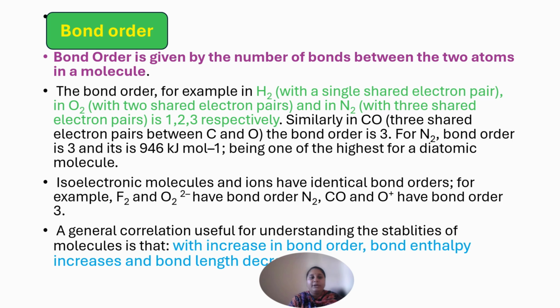So the next is polarity of bonds. When the shared pair of electrons is equally attracted by 2 atoms, why is it a nonpolar covalent bond? Because it is attracted equally by the 2 atoms, and the distance between the 2 nuclei is identical, as in H2, O2, Cl2, N2 or F2. So this is called a non-polar covalent bond.